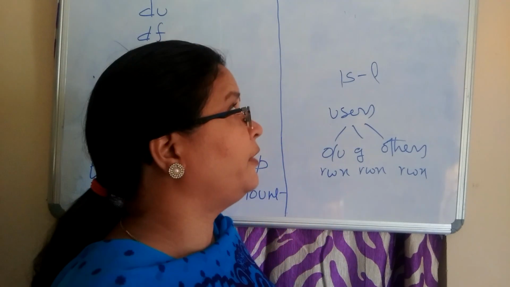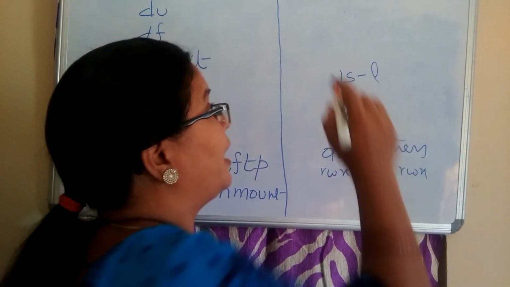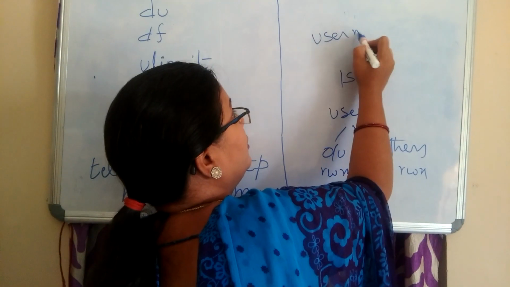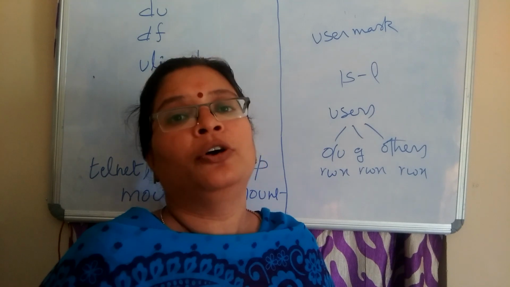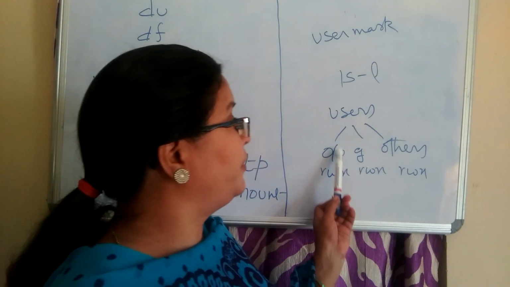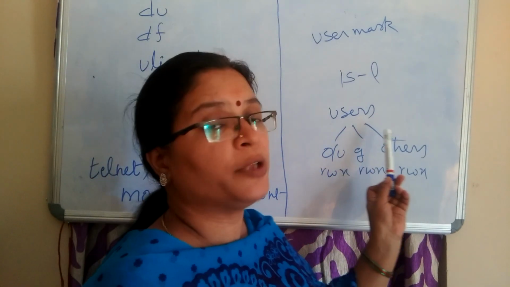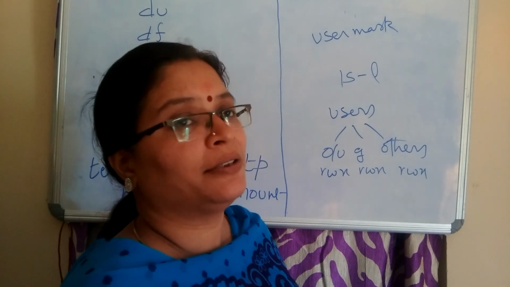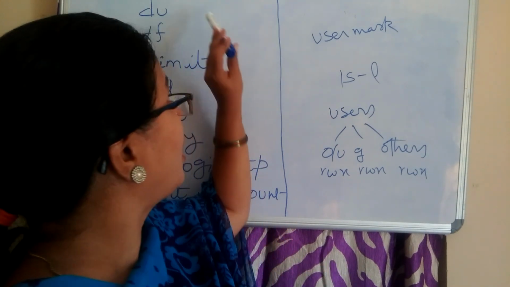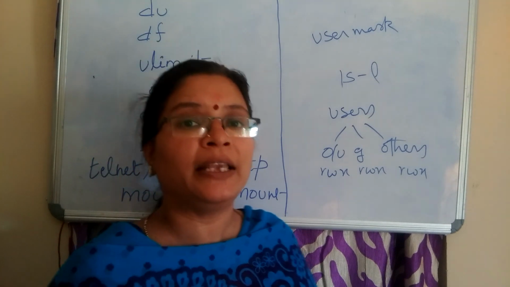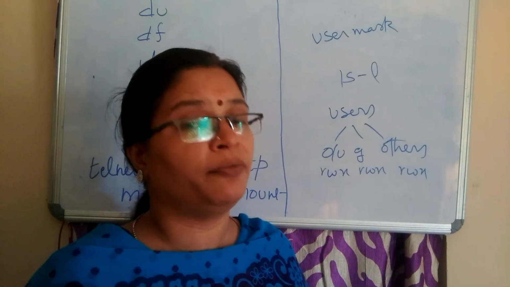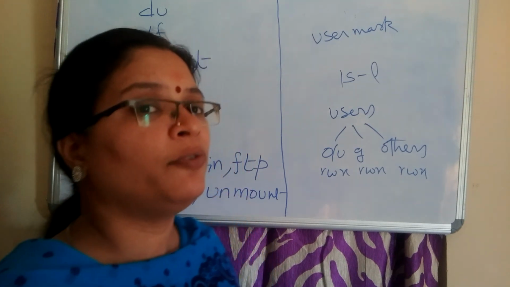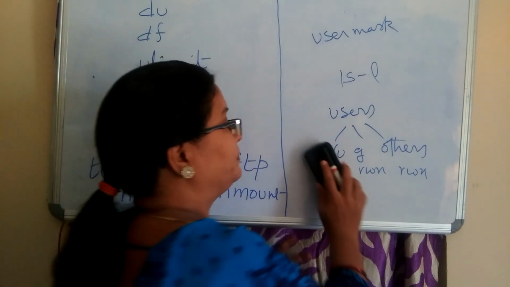And one more thing we discussed in the previous session is called umask. It stands for user mask. This command is also used to assign permissions for different sets of users, groups, and as well as others. And one more thing we need to talk about regarding chmod is that there is another way of representation, the numerical representation of chmod. What is that? Now we are going to see.